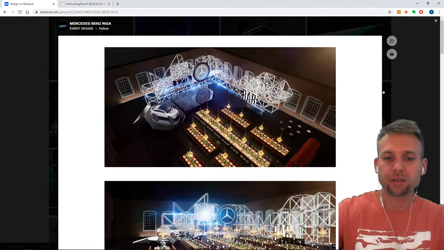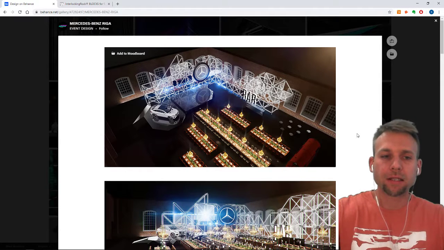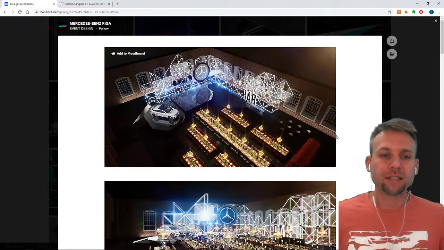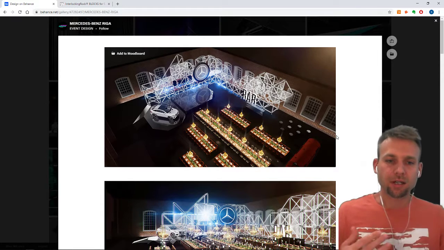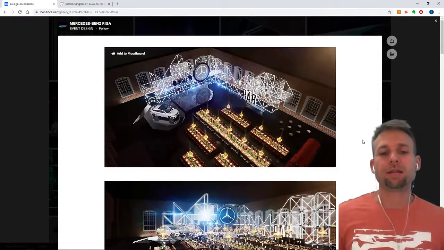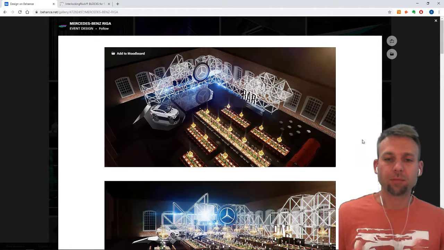So with that, we'll get into it. This is for an event in Riga, Mercedes-Benz. So it's by an agency called Event Design out of Russia. This is not our design, this is theirs. This is on Behance, so we found this on there, and it's a very cool illustration of a concept which